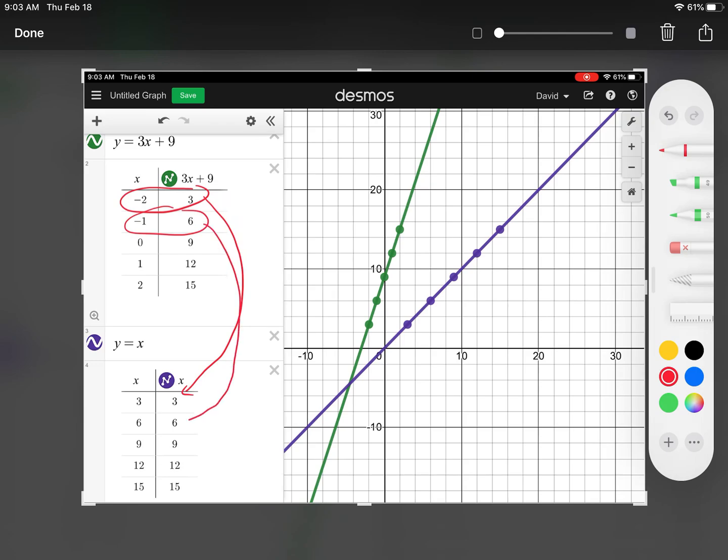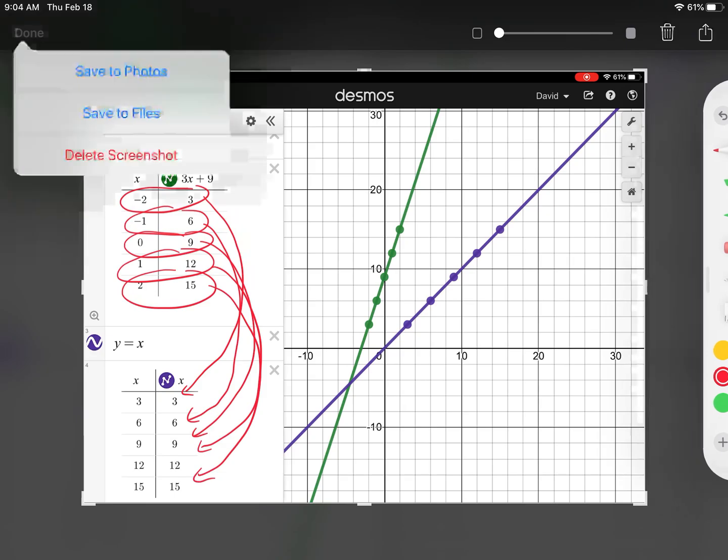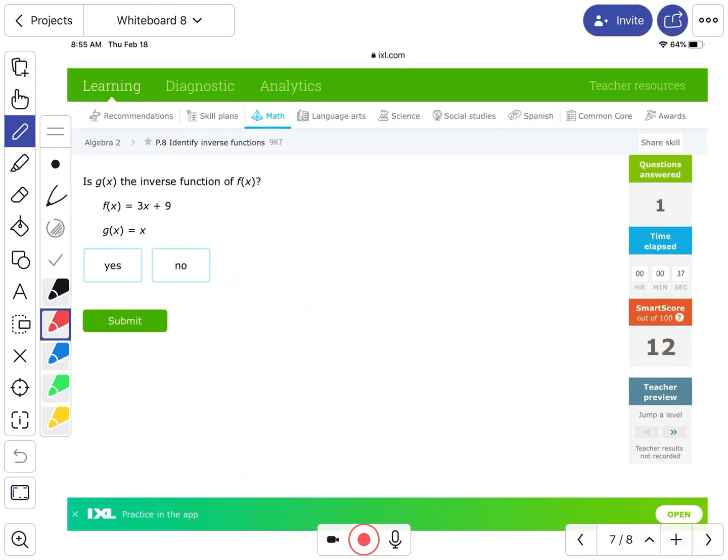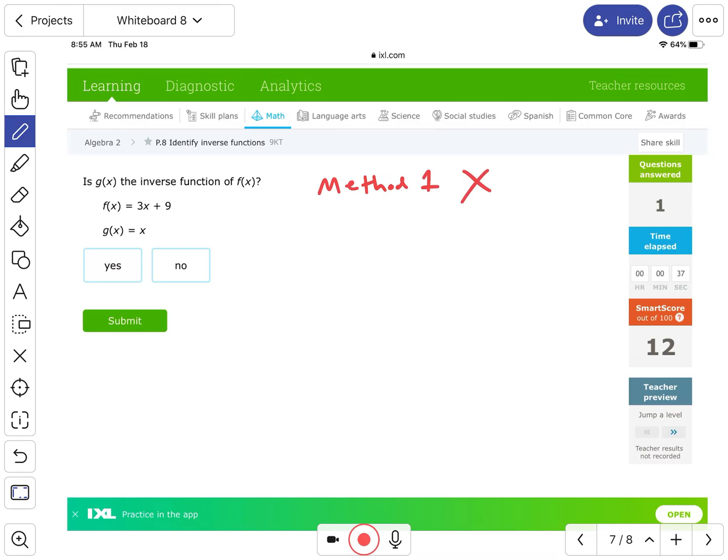Is it 6, negative 1? Nope, it's 6, 6. Is it 9, 0? No. Is it 12, 1? Nope. So you're looking to switch the x and y's, and it does not do that. So it doesn't pass method 1. At this point, you could pretty much say it's not an inverse, but let's just go with the